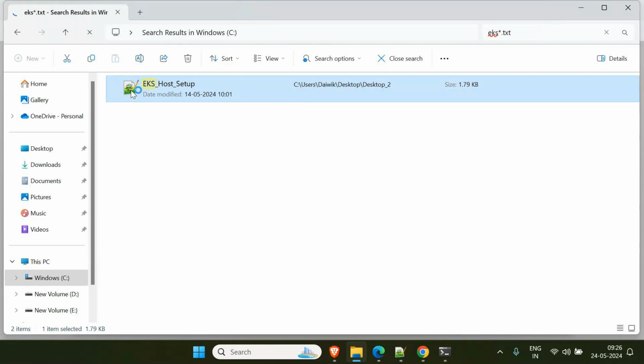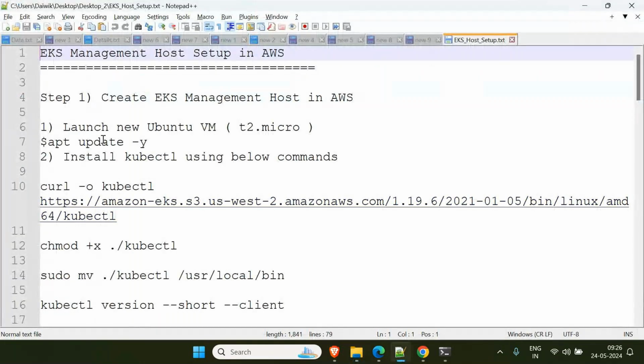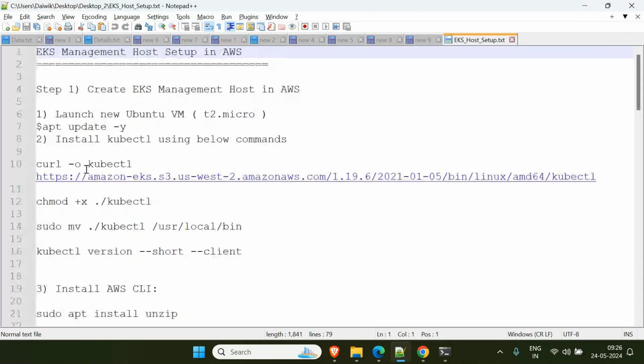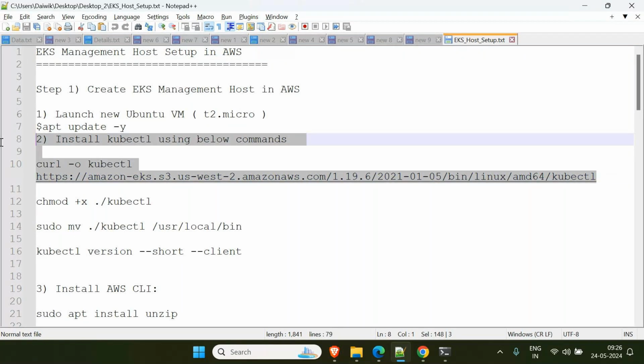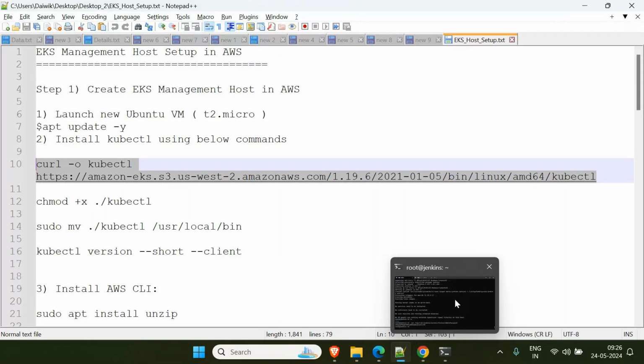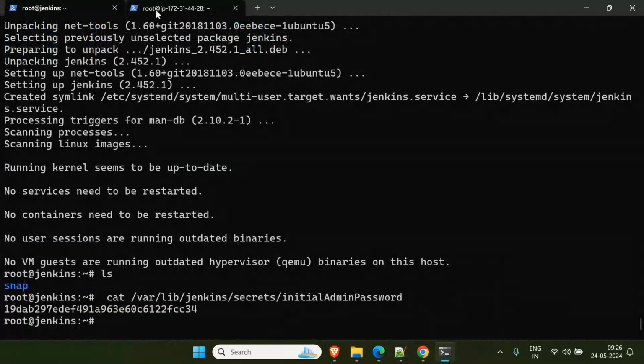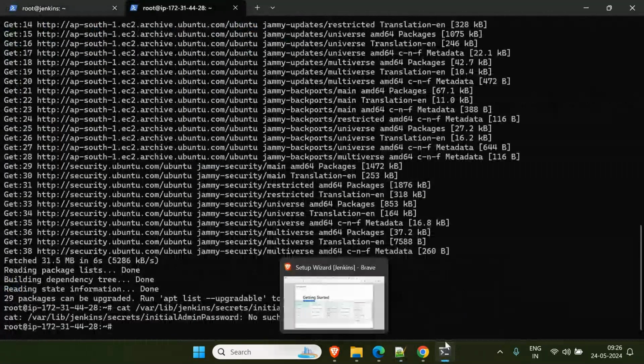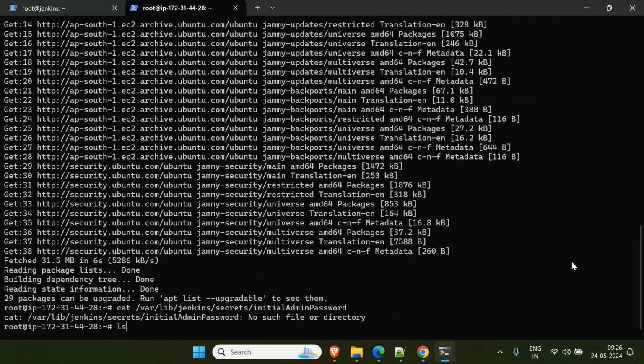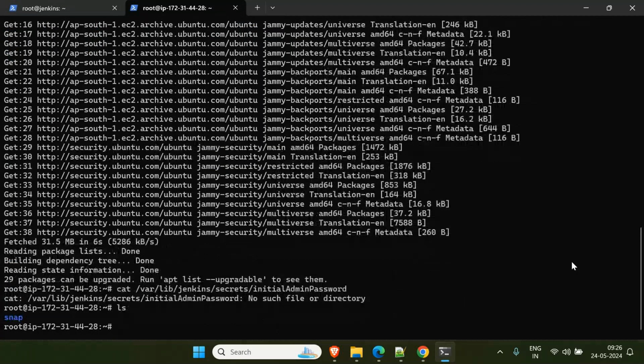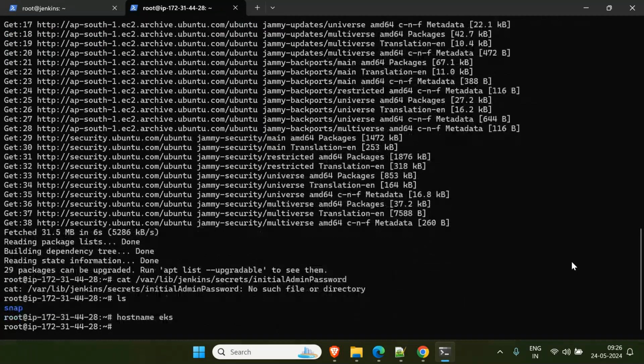So now let us install the steps. These steps: launch new Ubuntu. Yes, we did it. And then updated. Yes, we updated. And install Kubernetes. Okay, this is a command. Copy this. This is our EKS system. First of all, ls, change this host name to EKS, and execute bash. EKS is here now. And then we have to install